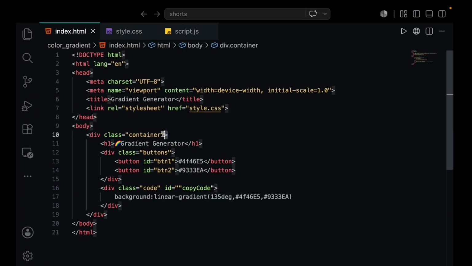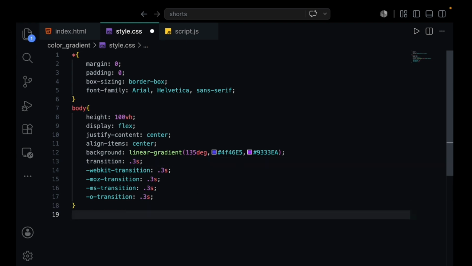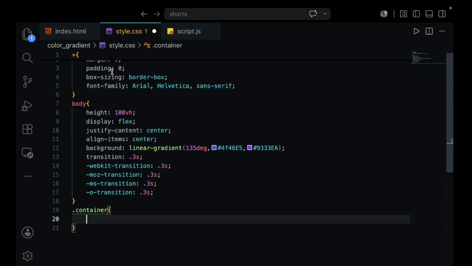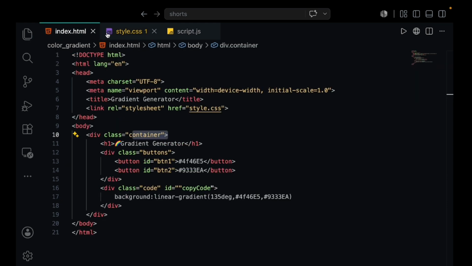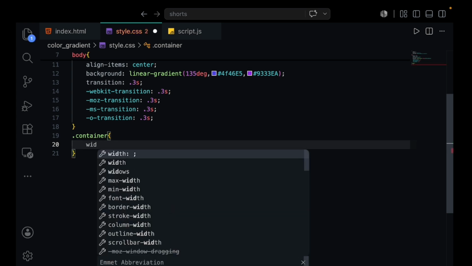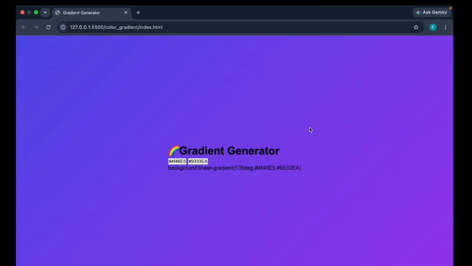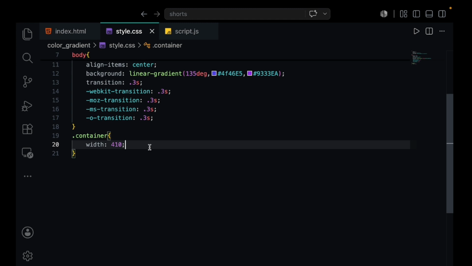Okay, so we have a container. So let's give a CSS to our container, a class called container. Okay, let me check the spelling. Let's give a width because we wanted to create a box. Width, it's going to be 420.